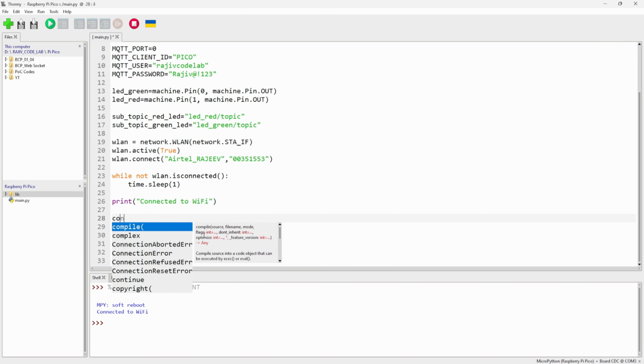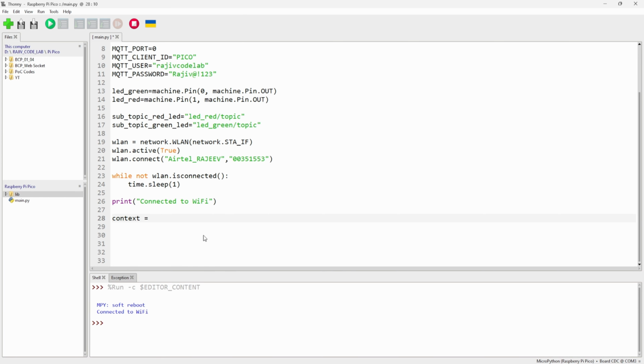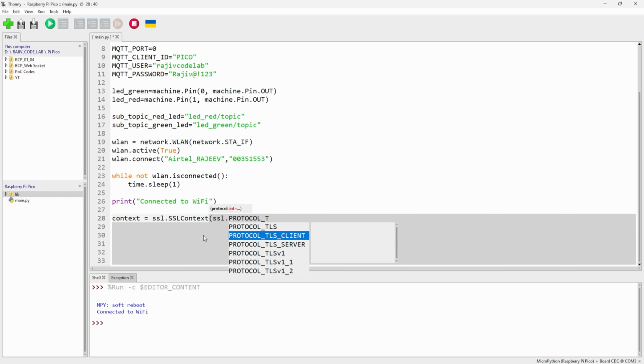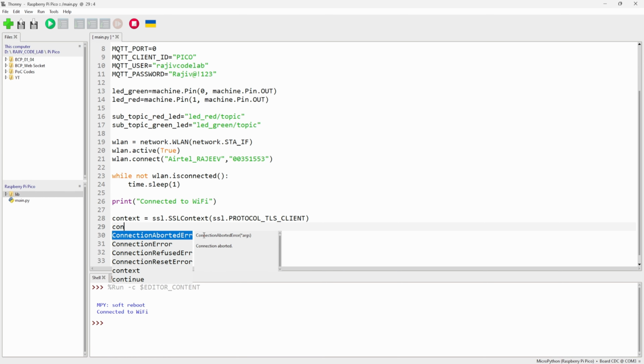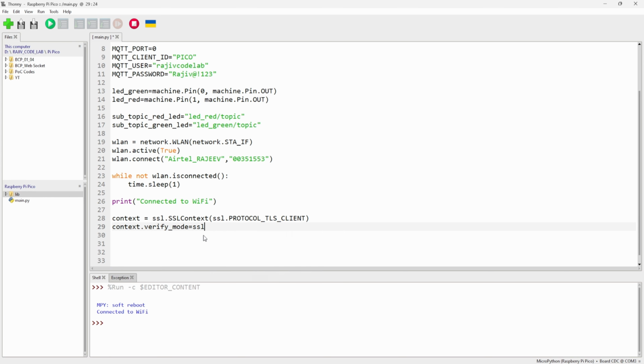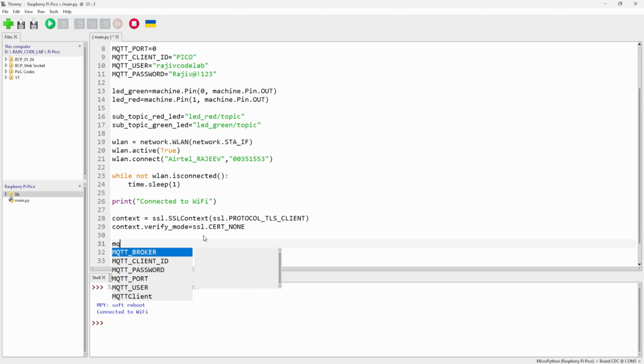Before connecting, we need to write the code for the context and SSL. So TLS client, we are connecting with TLS, that's why we need to define it here. And we also need to set the certificate to none, SSL.CERT_NONE. Okay, all good. So now let's try to connect with the HiveMQ MQTT client and see whether all is good or not. So let's write the MQTT client